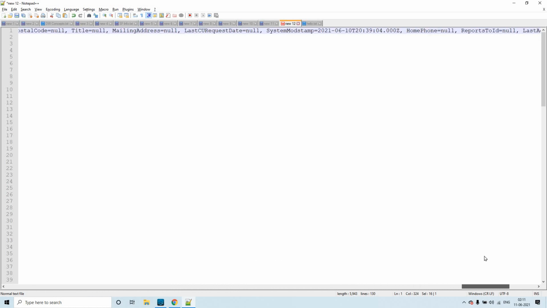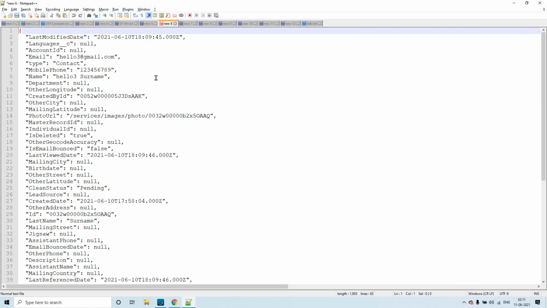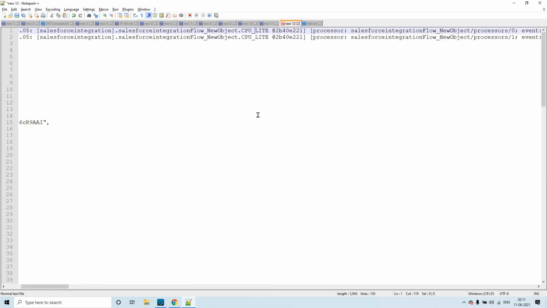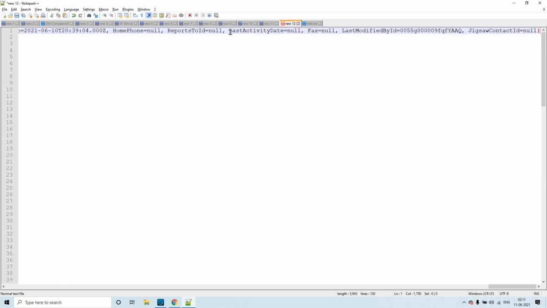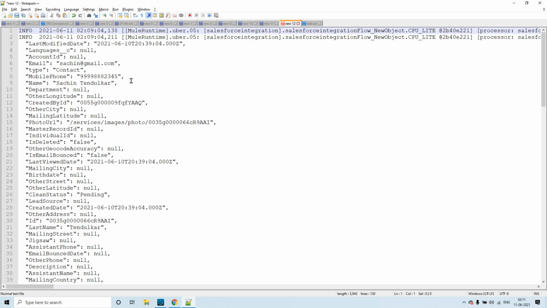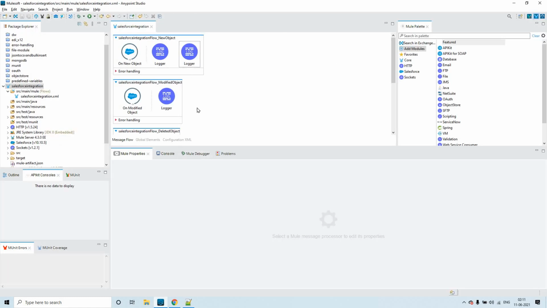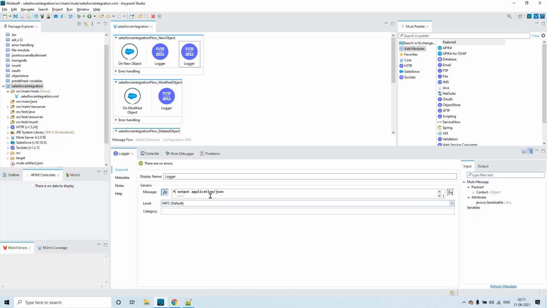So whatever I'm hovering here, the first line is the output or the default outcome from the Salesforce. So what I did in the second logger, I have set the application type as JSON.